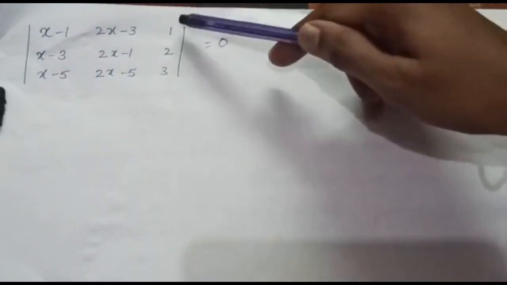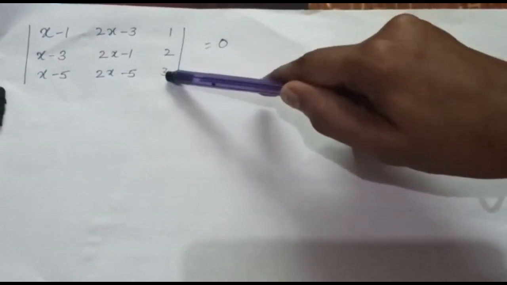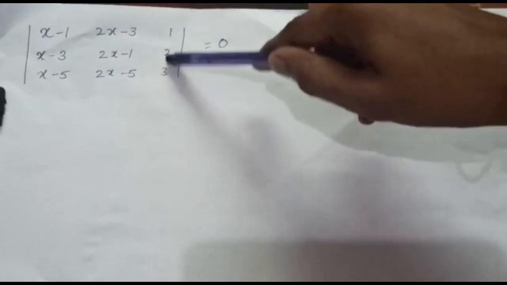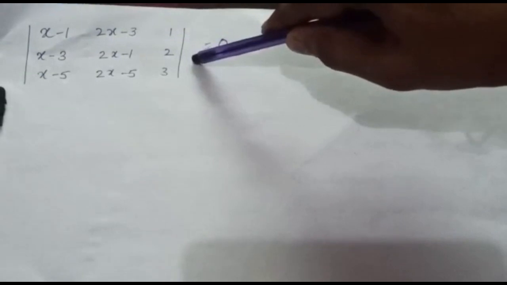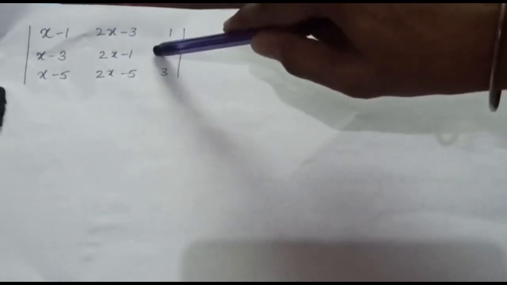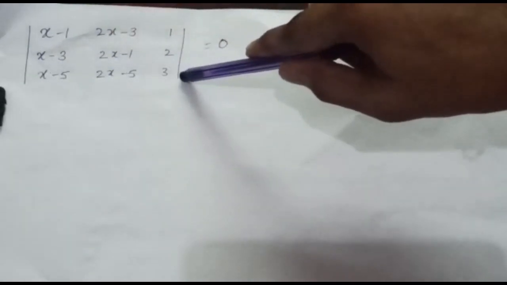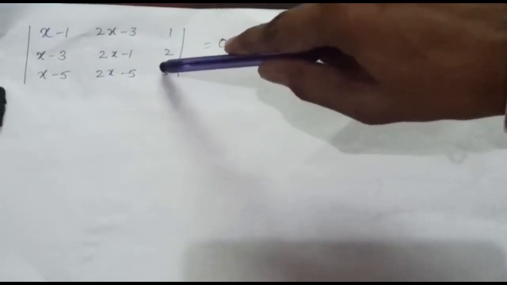Now what am I going to do? I will try that at least 2 or 1 of this column becomes 0. So when there is 0 in a column, the calculation part of the determinant becomes easier. So I will try that 1 of these or 2 of these becomes 0. So how can I make it? If this row is reduced with something having 2, it will become 0. Or if this row is reduced with something having 3, it can become 0. So see how I will create it. I will make the elementary operations.